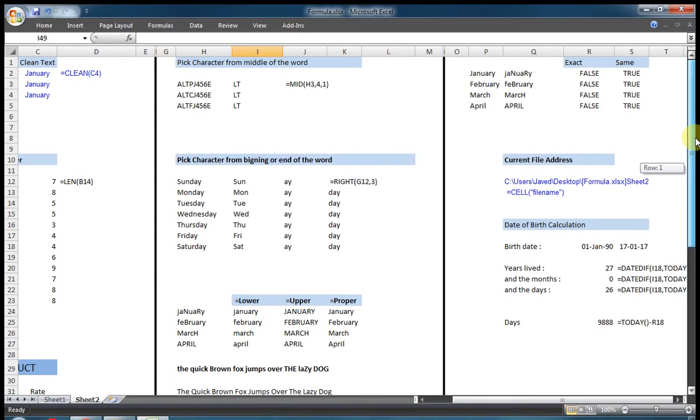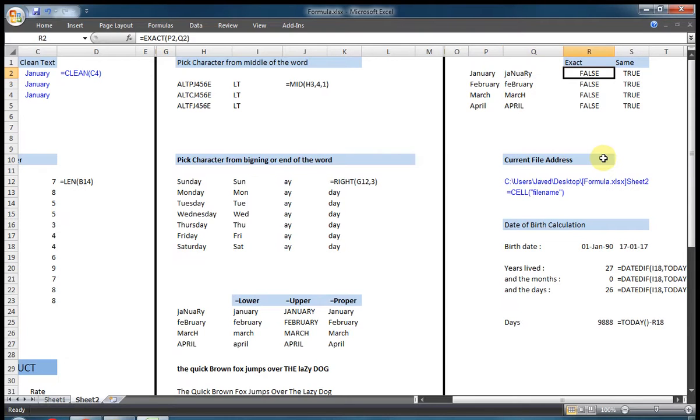Sometimes we check whether text is exact or not. EXACT means the actual spelling is compared. For example, January, where the first letter is capital and the others are normal, versus another version that is different.